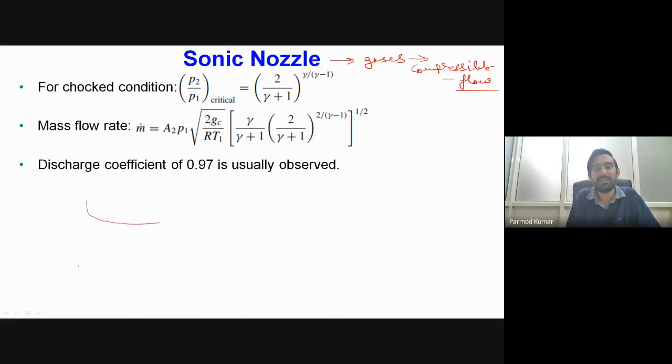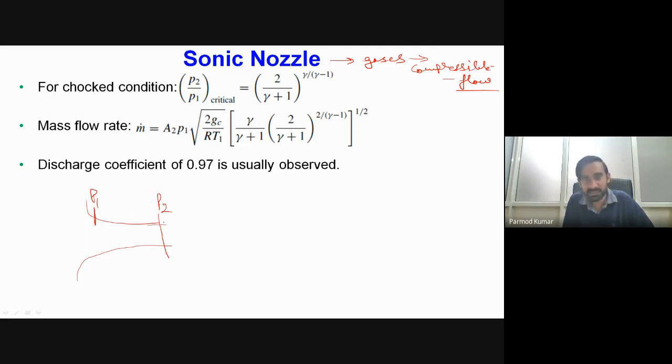So obviously what will be happening inside the nozzle, we will be having an increase of the velocity, and we will be having some pressure drop across the nozzle. For example, at the inlet, if I consider P1 as the pressure and P2 as the pressure at the outlet of the nozzle, then as we keep on increasing the flow rate, we will be having an increase in the pressure drop, and we will find a limiting condition at which